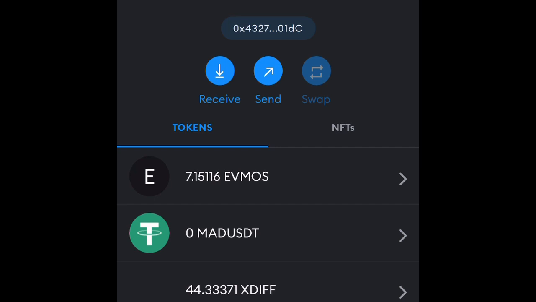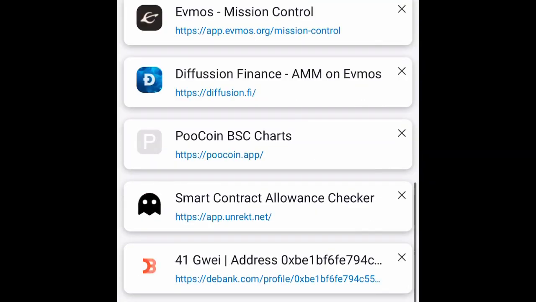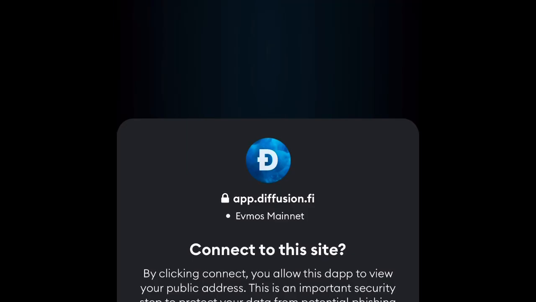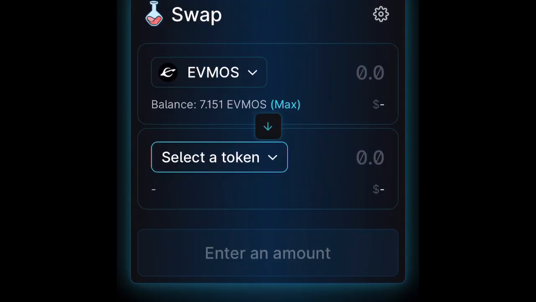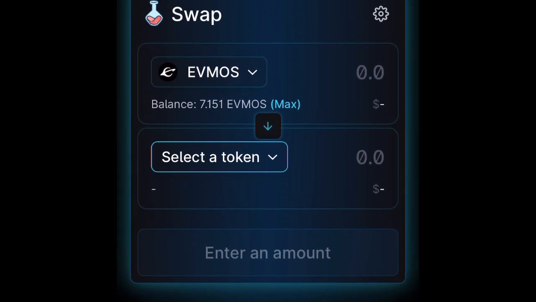Whenever I'm in Evmos, I like to do my swapping on Diffusion. So Diffusion is like Osmosis is to Cosmos, because Osmosis is one of the biggest AMM dexes on Cosmos. So here's what I tell you about the Evmos domain. When you do buy an Evmos domain, it will show up on the Evmos-based mainnet dApps. So that's why you see my name down here, guys. Know what I mean? So for this example, I'm just gonna deposit a little bit of diffusion token into my little stake that I have.